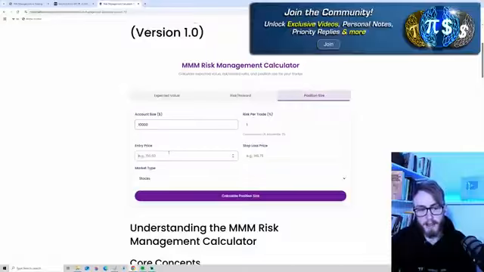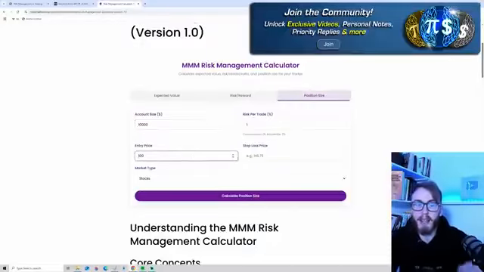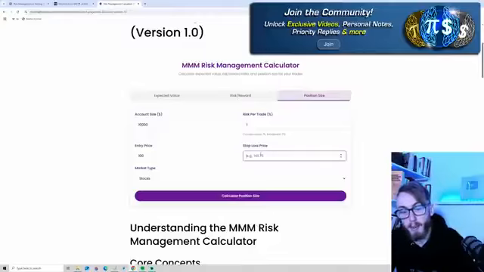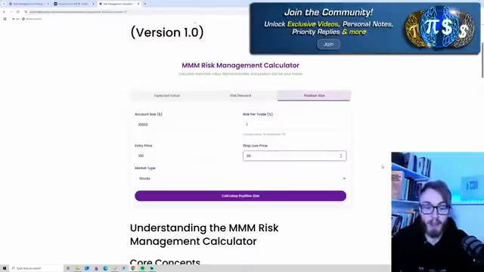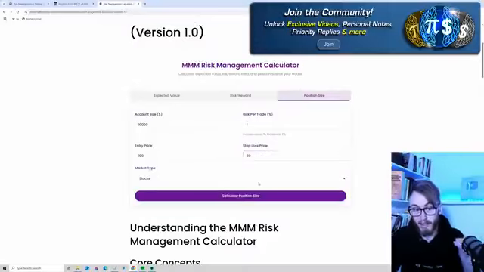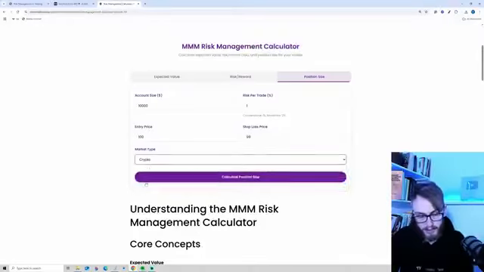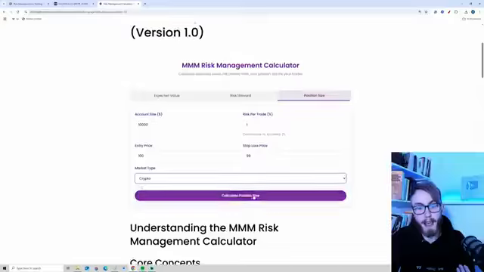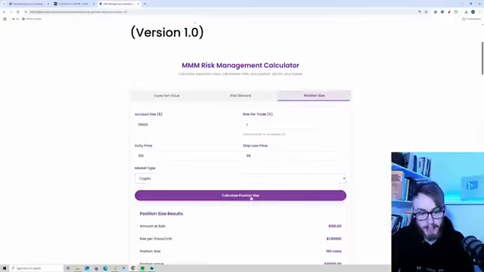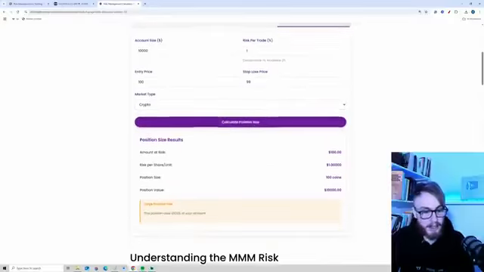$10,000. And to make this a super simple example, let's say that we enter at $100 and we have a stop loss at $99. So the stop loss is $1 down. You can also choose your market. Let's just, for example, say we choose crypto right here and make our calculation. Now, just like that, you will see